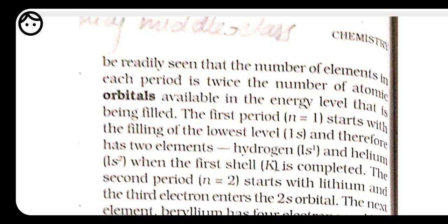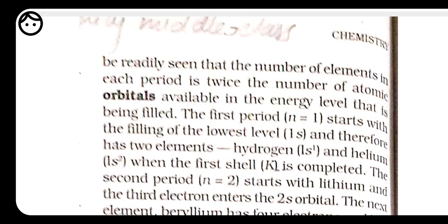now whenever we are talking about the fourth period, like n is equal to 4, it starts with the filling of 4s. Okay, so after the 4s, before the 4p orbital, there are 5 3d orbitals which are to be filled. So in all 9 orbitals, like 1 for 4s, 5 for 3d and 3 for 4p, have to be filled. So there are a total of 18 elements in the 4th period. Okay, and like that the number of elements keeps increasing.